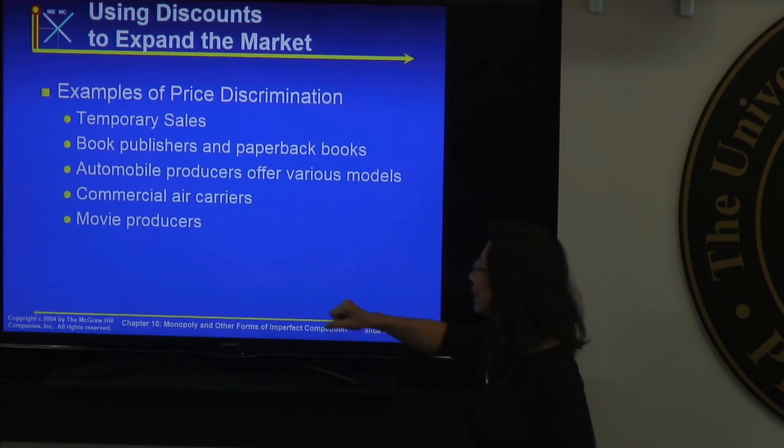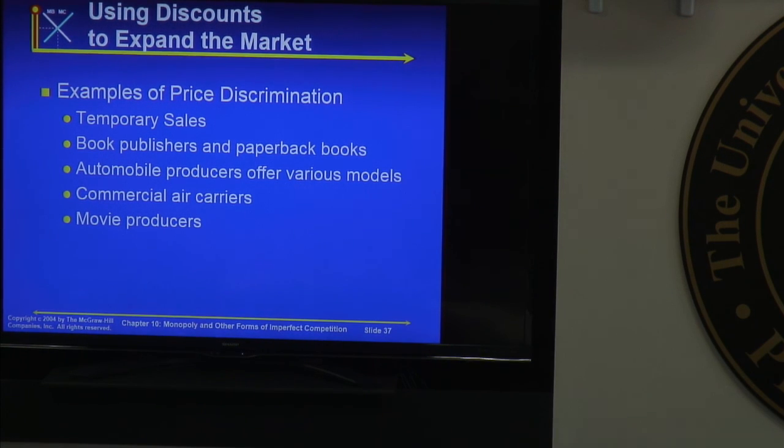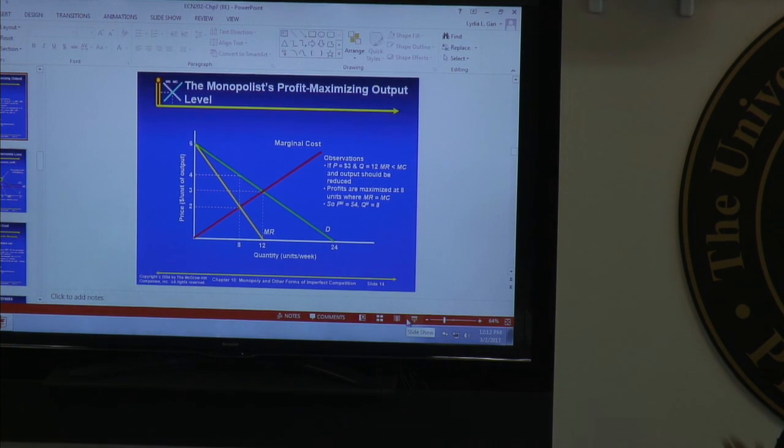I don't need it. Okay, we talked about commercial airlines, movies, and so on. So I think that's the end of this chapter. Very good. So if there's still any